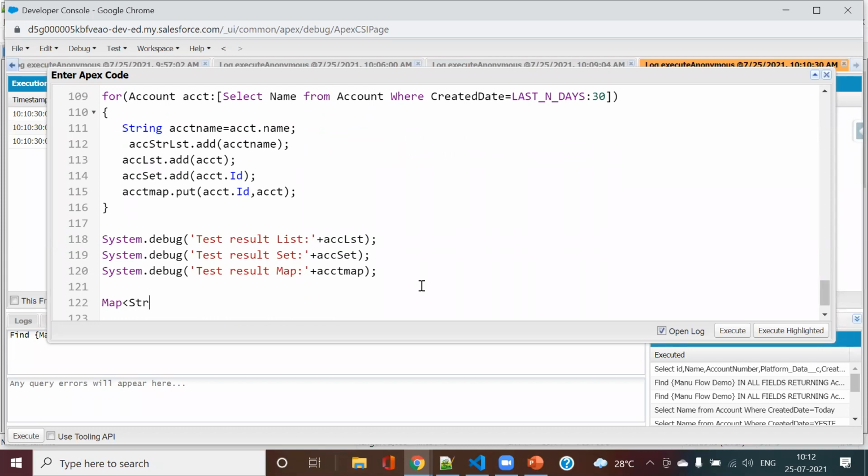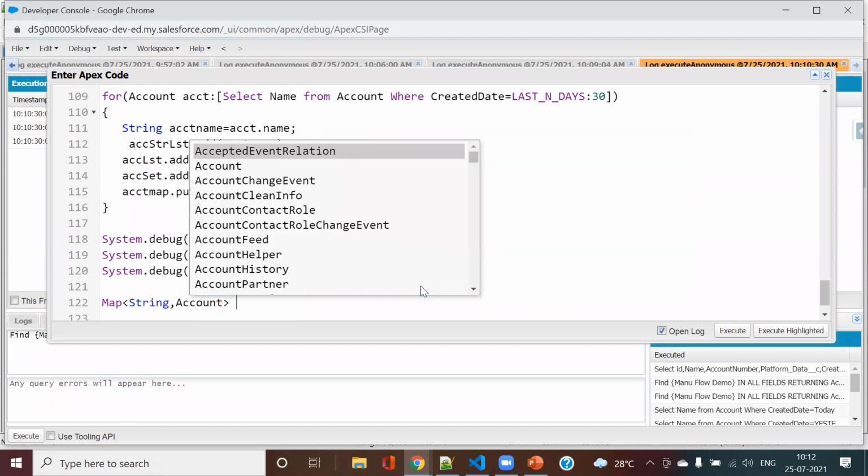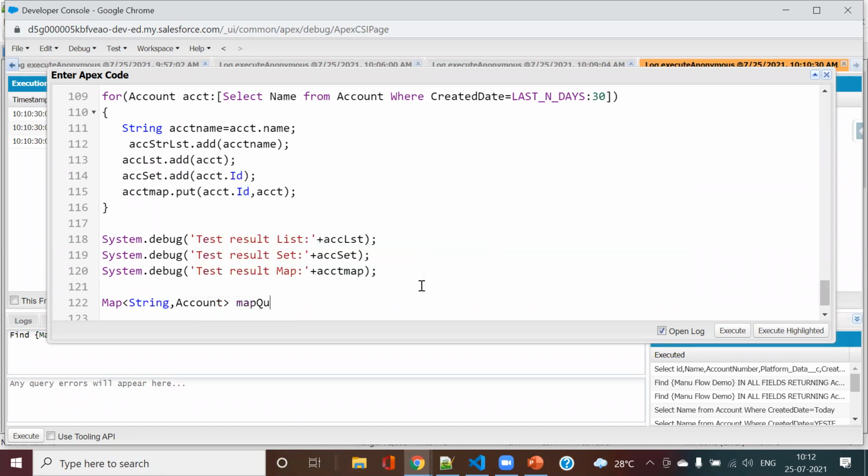So here I will have this one map. I will have it as string, and account. I will name it map query. Now I will write it as new map. Now I will write my select query.